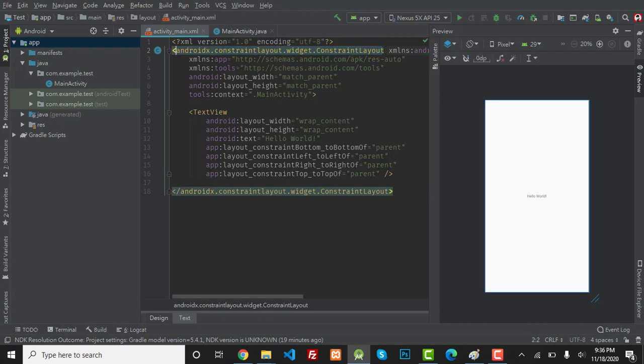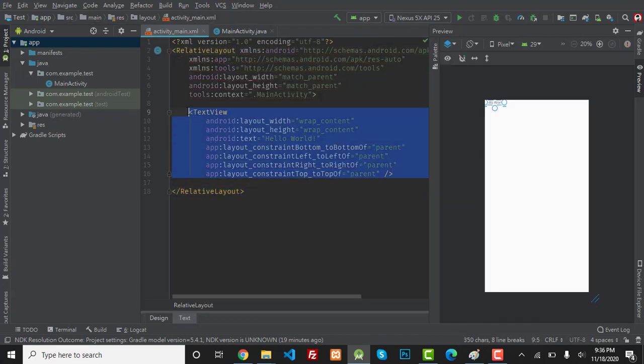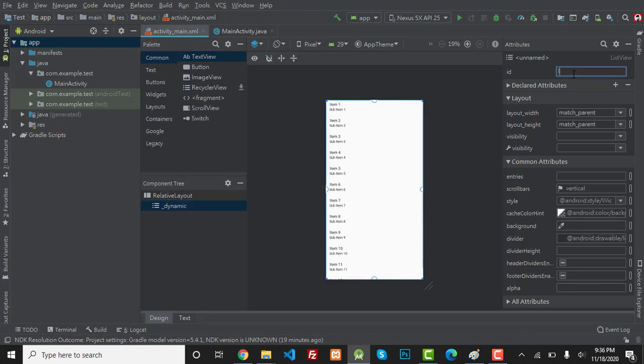change this root level layout to relative layout. Select this one and change this to relative layout and remove this text view. Go to design, search list view, drag this list view and drop it to the relative layout and give it the id list